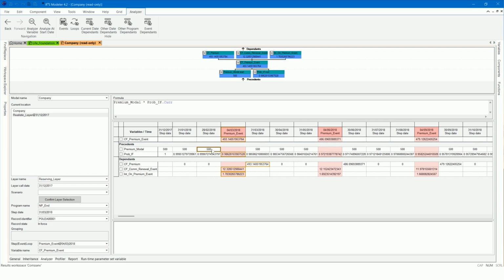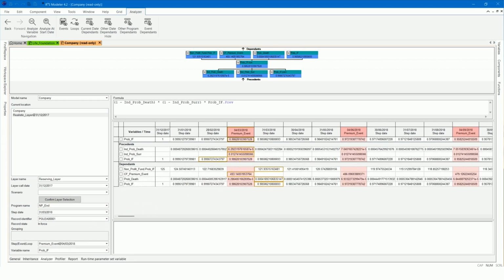If you want to analyze a specific value in the grid, then go to the cell and either select and press Enter or right-click and select Analyze. Simple line graphs of calculated values are also available in the Graph pane by ticking the box to the left of each variable in the results grid. A graph can be useful for quickly checking that the pattern of values is as expected.